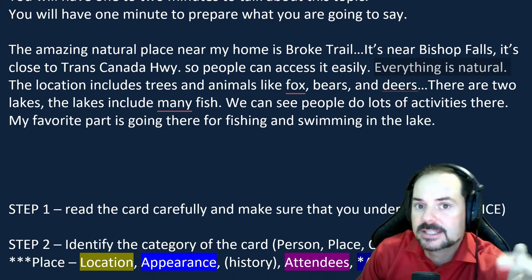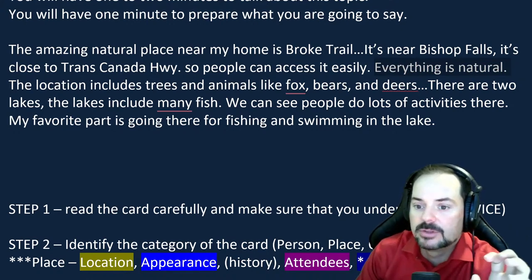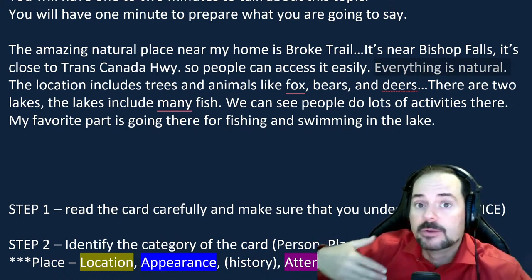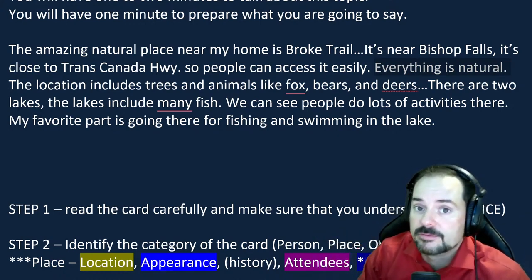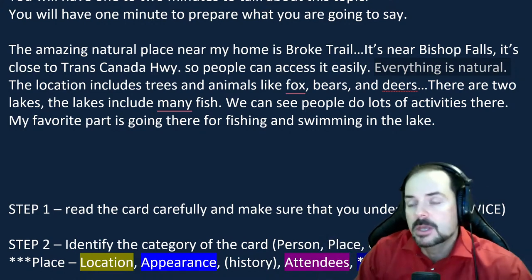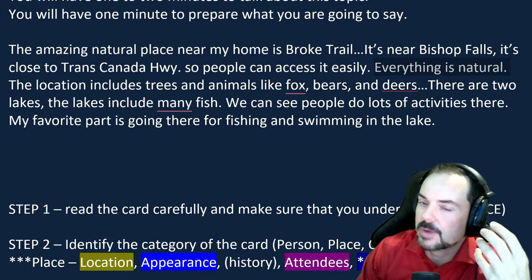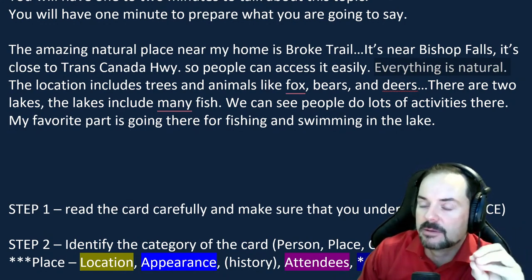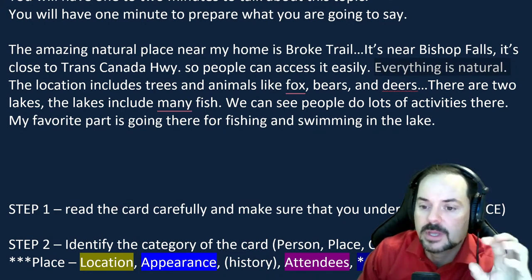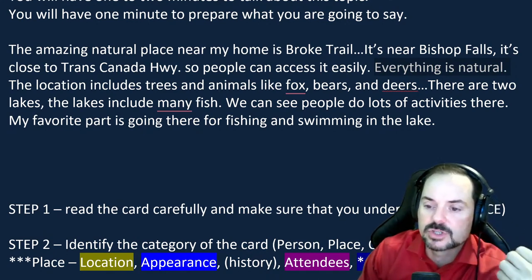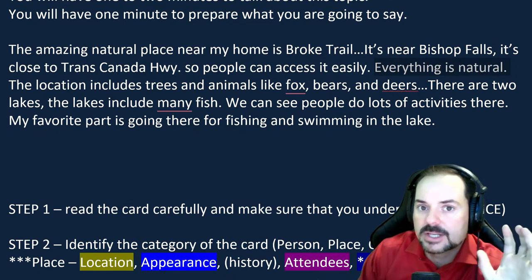Now, even in the activities, you started to kind of jump around a little bit, but then you did something very well, which is that you made it personal. You said, I really like going there for the fishing and for swimming in the lake. Now, you can kind of feel it, you can kind of be like, I'm starting to run out of time. I think you felt that, right? You probably felt like, I'm running out of time and I haven't answered this question. And you went for the truth. Like you said that your kids had some summer camps there and so on. But you can, again, simplify.